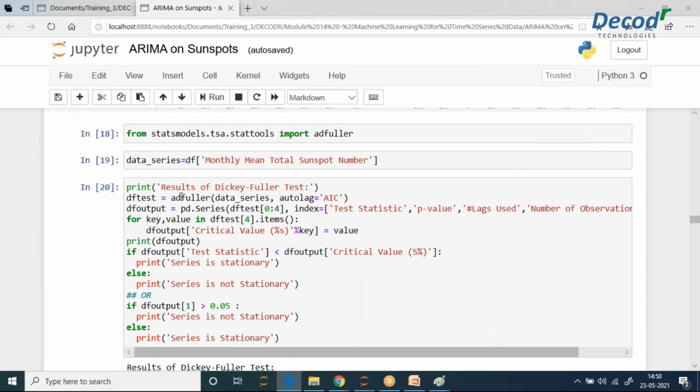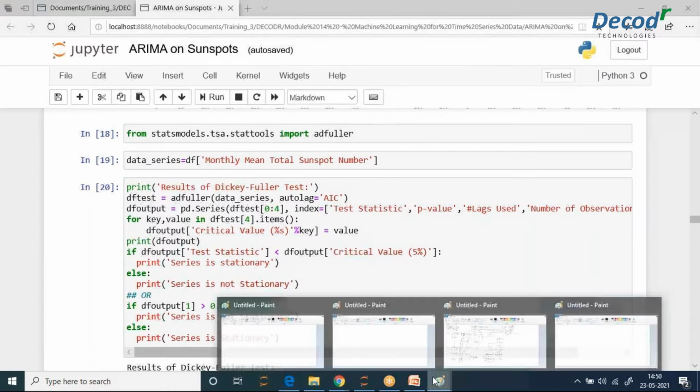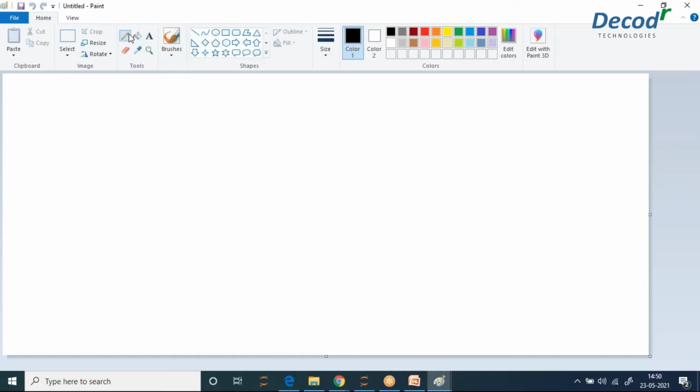Now we will talk about how to identify if our model is stationary or not. So let's talk about this. There are two types of data sets: stationary and non-stationary.